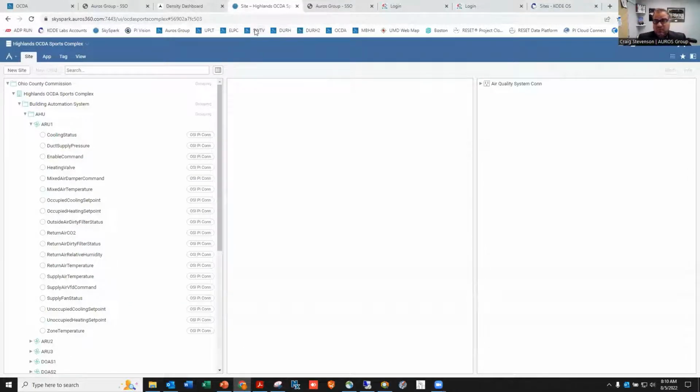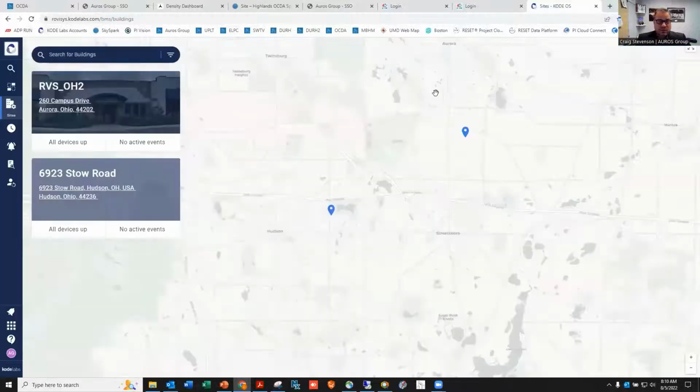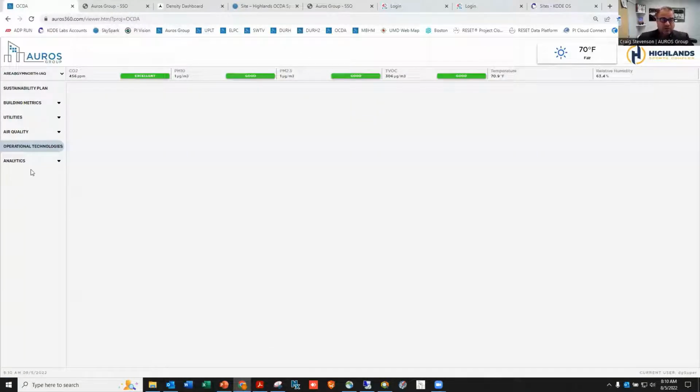And we could do the same thing for Code Labs, which is launched over here, and we can make the connection right into a digital twin the same exact way. If we want, we can also bring those analytics, because in SkySpark, if you're in SkySpark,